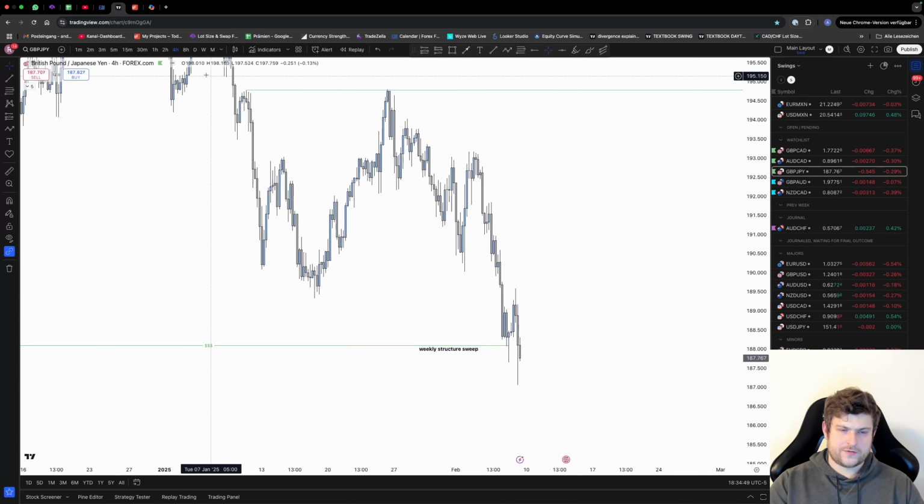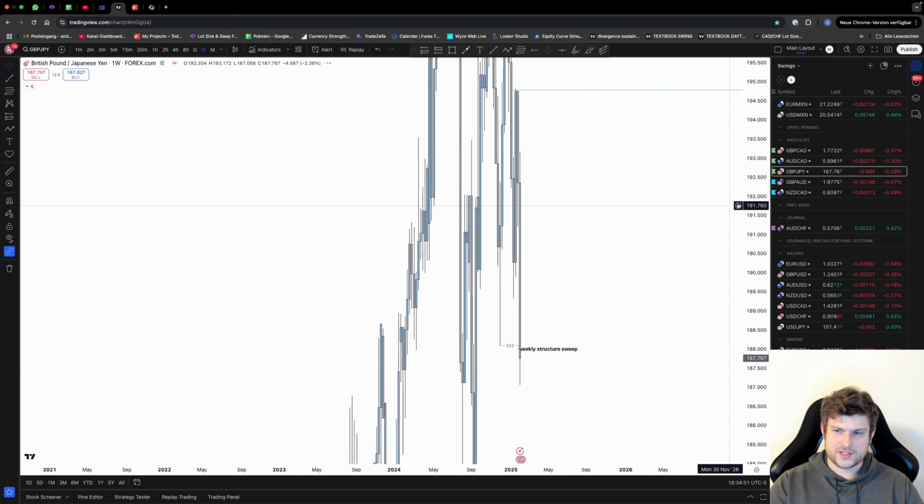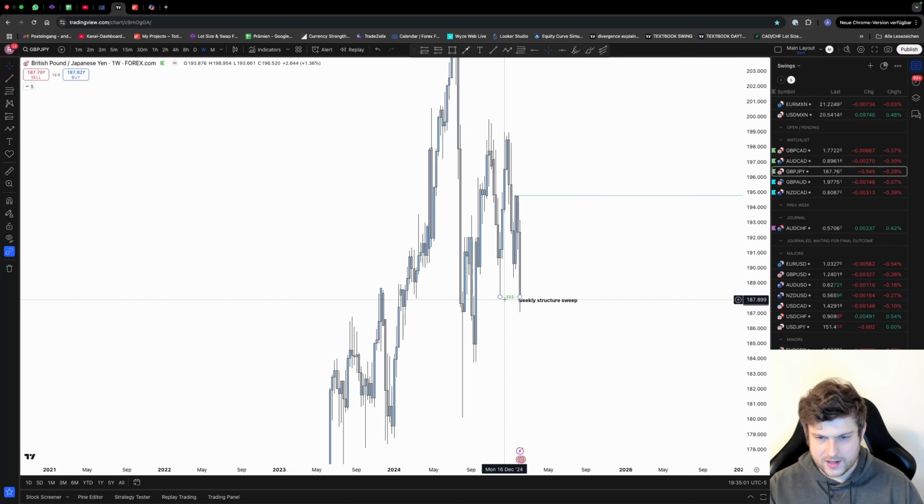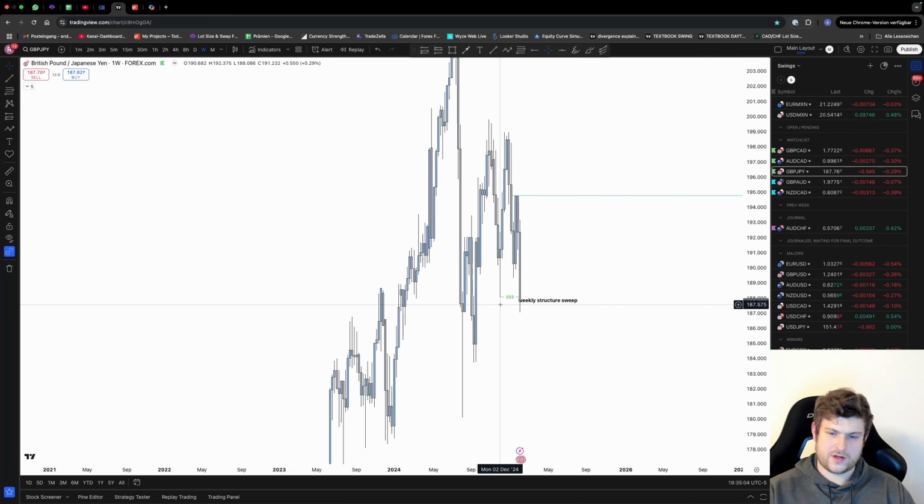GBP JPY, also a very interesting one. On the weekly, we have finally our juicy, nice little weekly structure sweep. We are tapping into this weekly order block now. That's just an extra confluence that I love. When we not just sweep the structure point on the weekly, but also tap into a really meaningful area. And this is a nice, clean, never tapped before weekly order block. So I'm really, really hoping